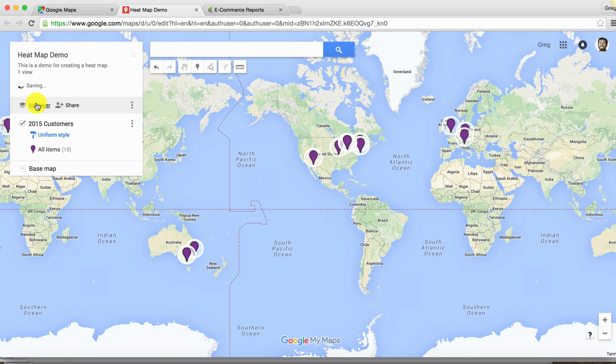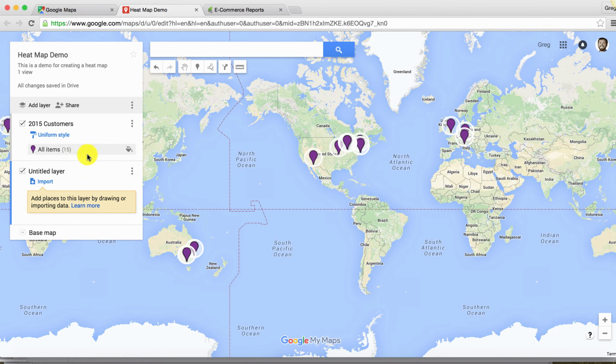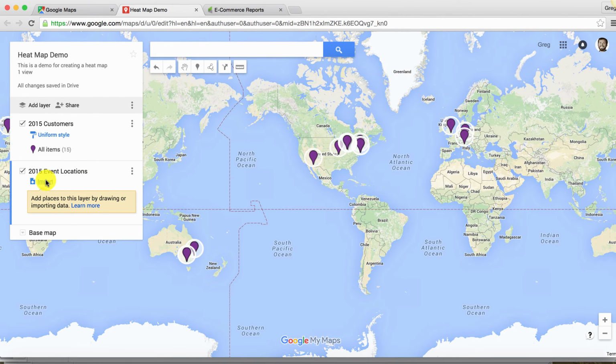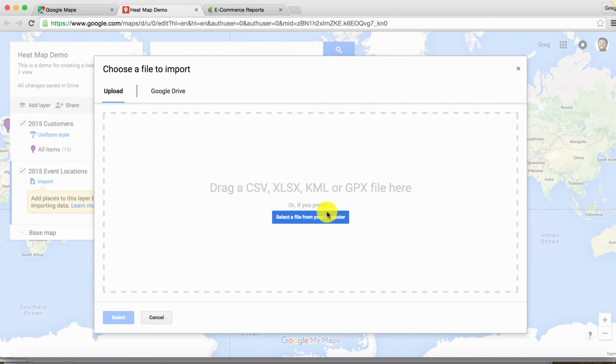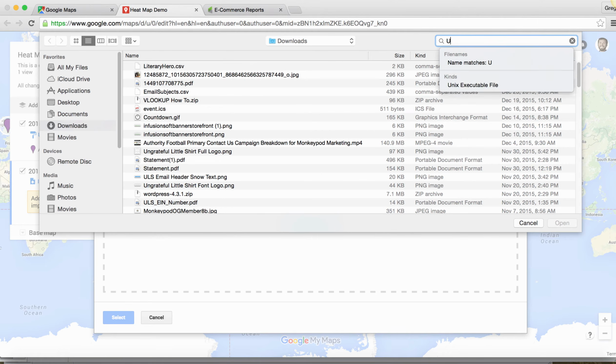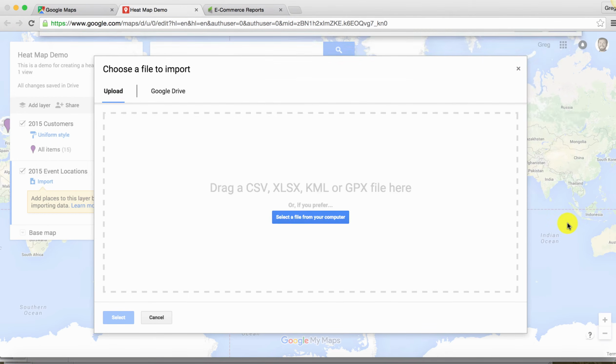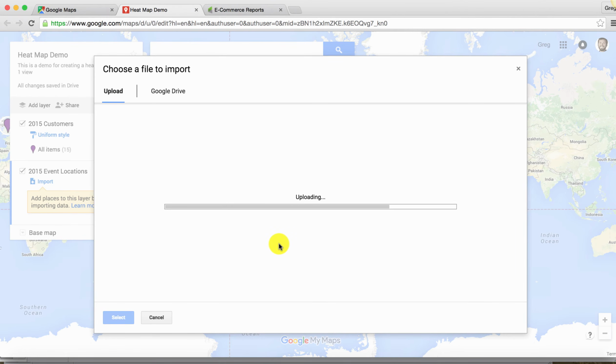Let's go ahead and add one more layer here. This will be our 2015 event location. So this will be a list of where we did events in 2015. I'll go ahead and click save on that, and then we can import, and this one should just be called university locations. And this is another spreadsheet I've got here with just a list of the locations that we ran